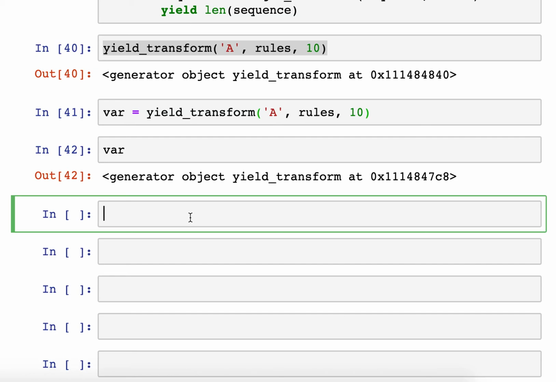Generators are spit out, and they're meant to be used once. They're ideally used if you're iterating over them or using them as they come out. One of the best ways to use a yield statement is in a for loop. So kind of like range, where you iterate over